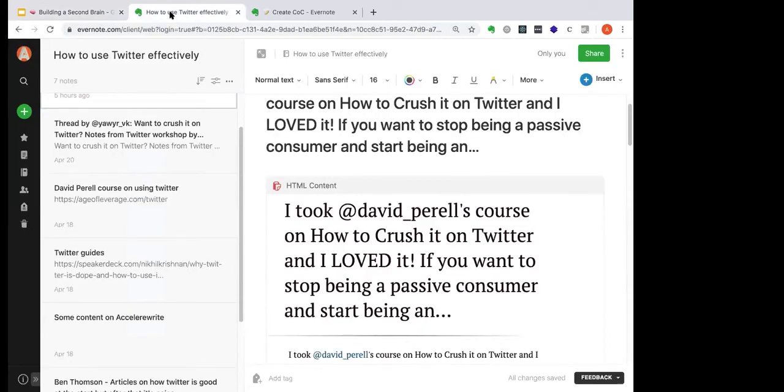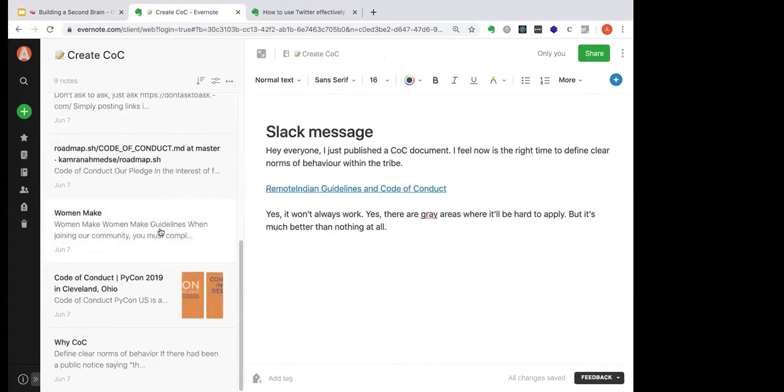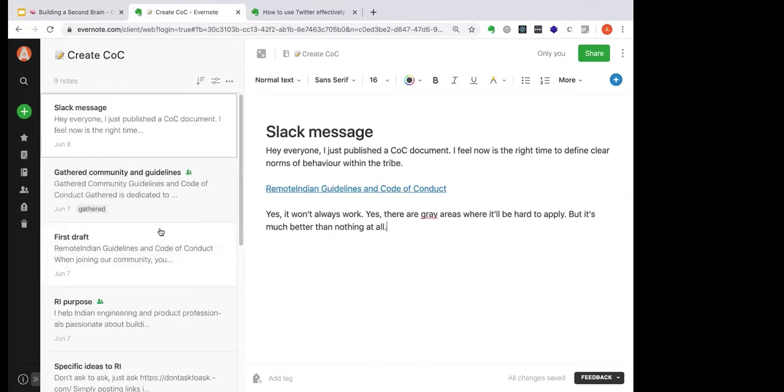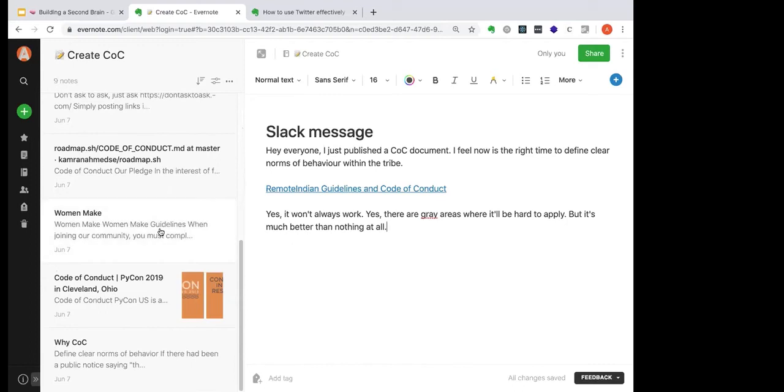So I wanted to show a couple of examples which are pretty recent, and the beauty is seeing it actually adding value to the things that I'm doing. So recently this week I published a code of conduct, which somebody had said is a must and should be in place.